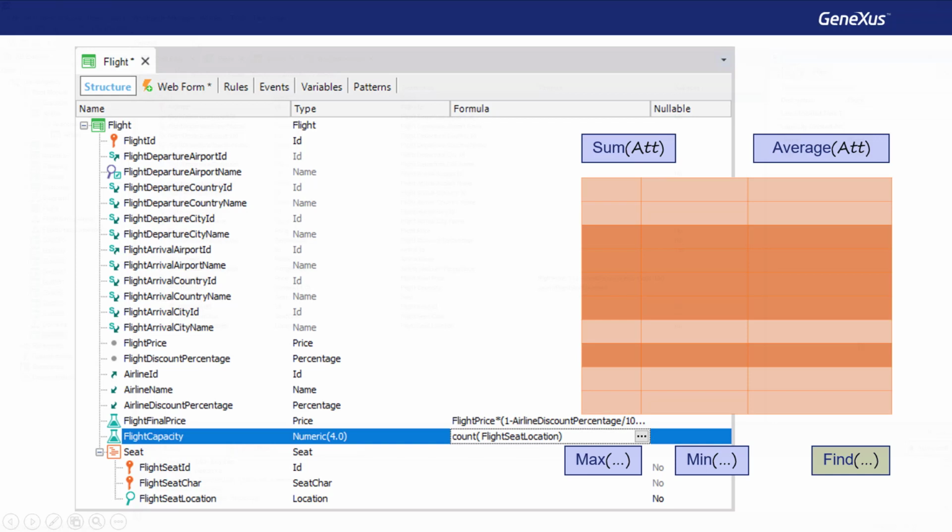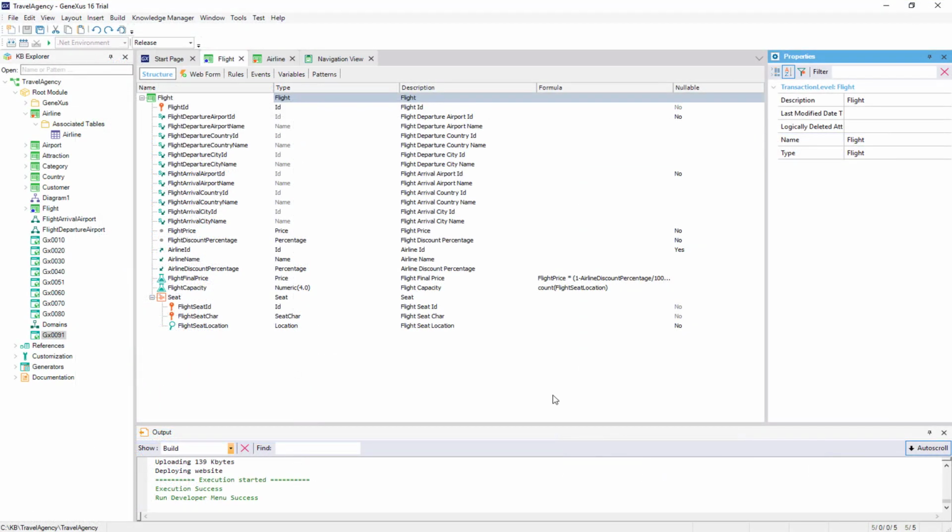Min to do the same but with a minimum value, or find to find the value of an attribute according to some condition. For example, to find the identifier value of an attraction whose name is Eiffel Tower. This will be frequently used later.